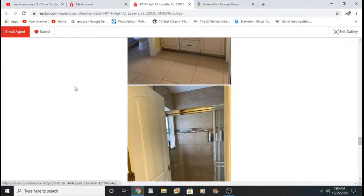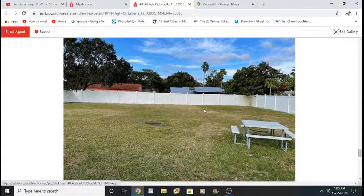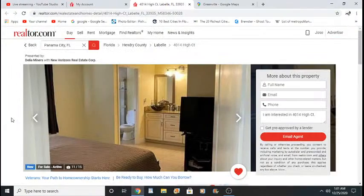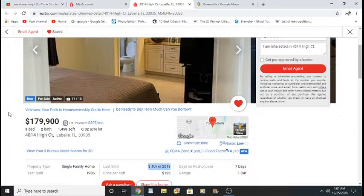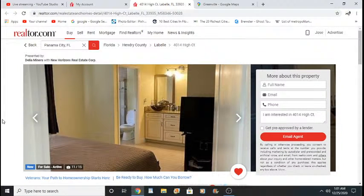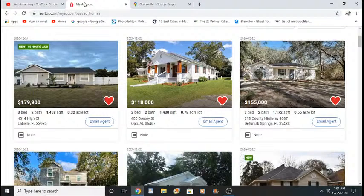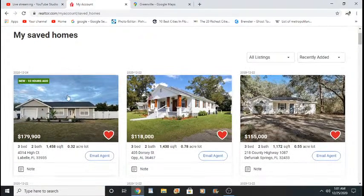I'm not seeing it. It's a nice house. It's got a big yard, but where is it at? It's a house in LaBelle, the last house we saved. Either way, I wouldn't pay $180,000 to live in Port LaBelle. That is ridiculous. This house would have been 120,000, maybe 140, not that long ago. Now it's 180. Man. 180,000? Yeah, the house is 180 in Port LaBelle. That's a lot of money for Port LaBelle. What street is it on? It's on High Court. It's the last house. Okay, saved. Yeah, I see it. It's not saved, but...